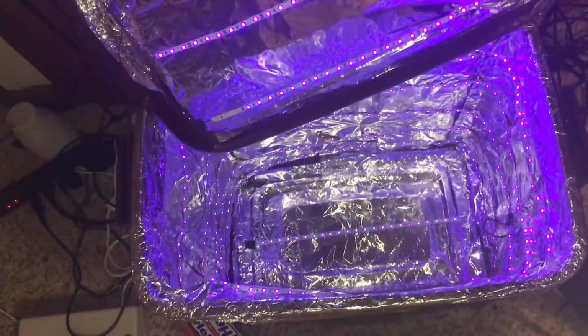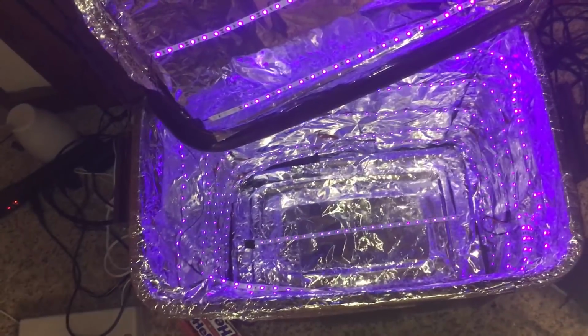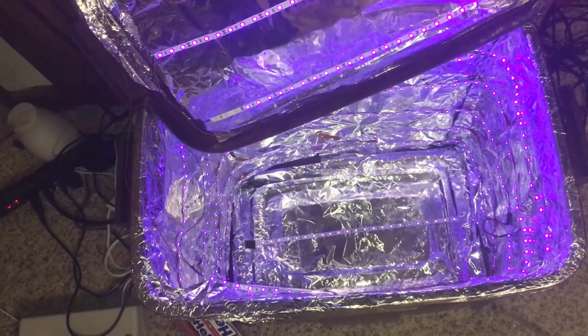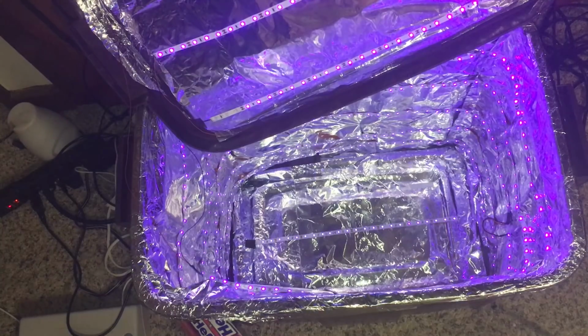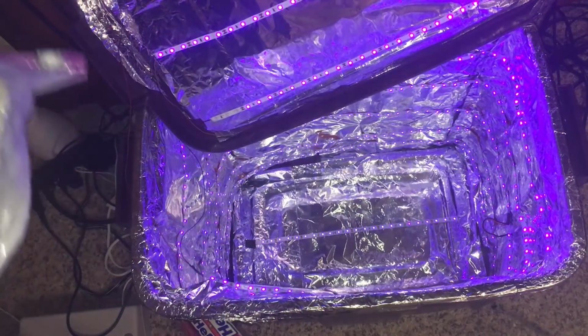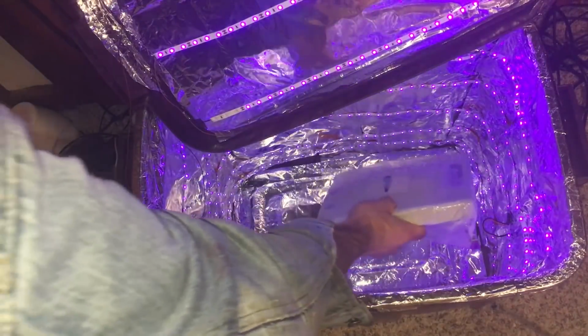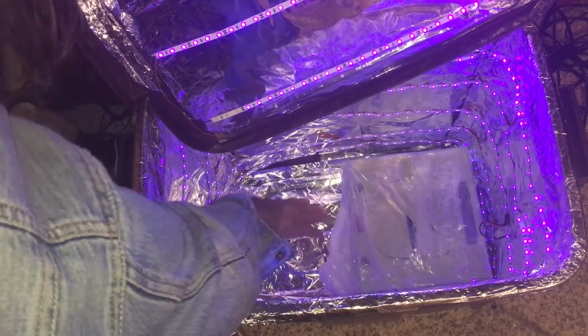Alright guys, so we're back at the retrobright UV cook box that we made earlier. And yeah, turn off all the lights just so you can see it in its true form. It's a thing of beauty. So here's the top shell, very, very yellow. Now ideally,